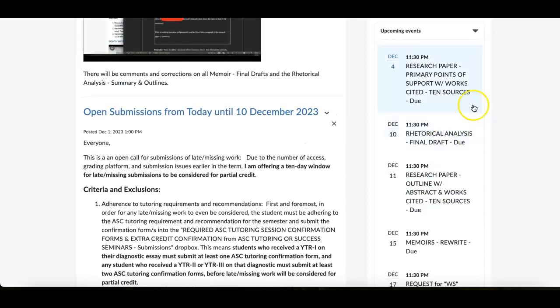With the summary and working thesis, and now the primary points of support and the outline, these are supposed to be done with as much diligence and attention to detail as you would for a paper itself, because that's what I respond to. I go through and grade those looking at the sentence level, the formatting, the content, the framing of ideas. You're supposed to do that in complete form in that pre-writing component so that I can address any issues structurally and with the content and layout.